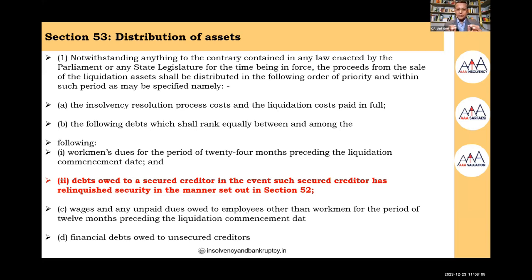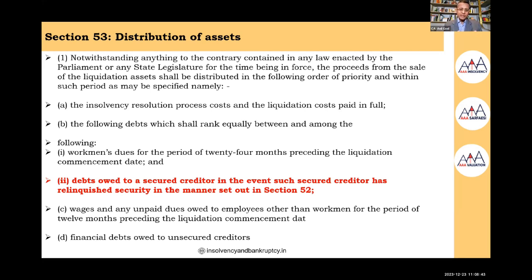So this is where the secured creditor is basically inclusive of all kinds of creditors. It may be a financial creditor, it may be an operational creditor, it may be other creditor, it may be direct creditor, it may be indirect creditor. So these are the various categories that we have now seen practically in the professional practice, in the claims, that yes, somebody is not an operational creditor, somebody is not a financial creditor, then it has to be something which is other creditor, direct creditor, or indirect creditor.